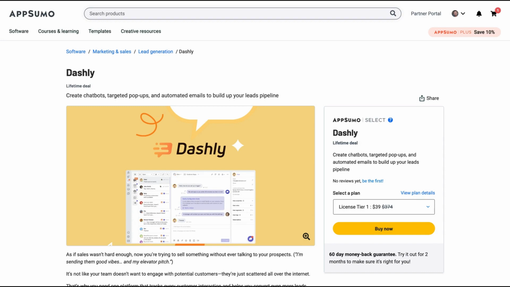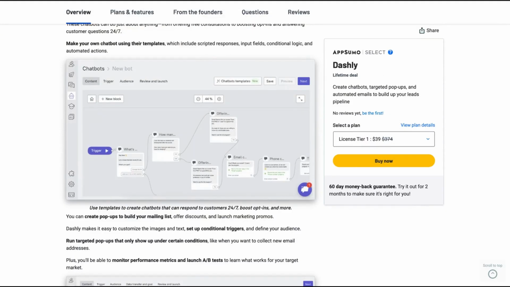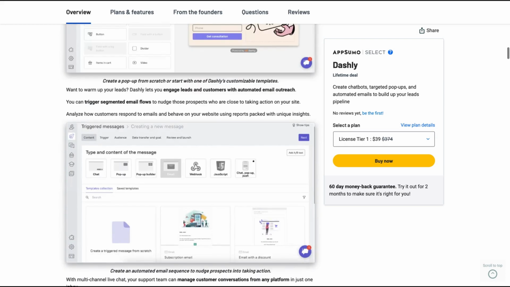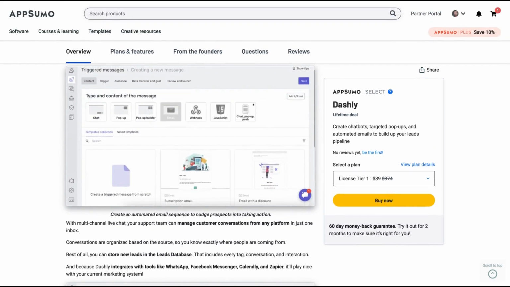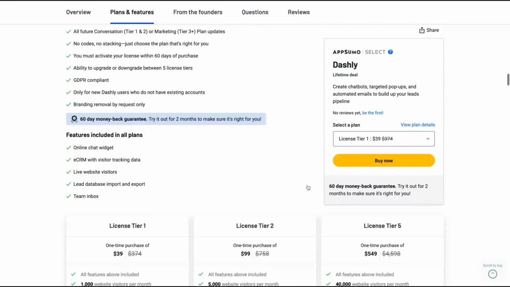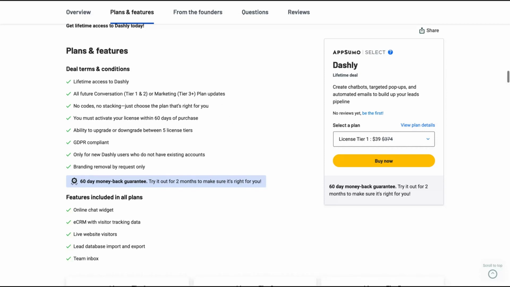I use Dashly, I already have the tool, and it's impressive how it expands the features and how you can manage different aspects of your business with it. In license tiers 1 and 2 you get the conversation plan updates, and in tier 3 and beyond the marketing plan. Dashly will offer you an online chat widget, a live website visitors monitor, you can get leads,